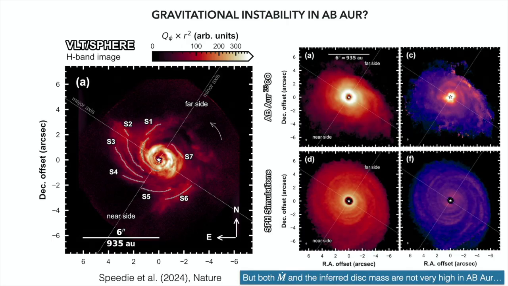looks for all the world like it's gravitationally unstable. It has these large-scale spiral arms, beautiful scattered light emission. But it's kind of puzzling because M dot is not particularly high, and the disk mass is not particularly high either, although there's a big uncertainty on disk mass. So what does it mean? Is this thing gravitationally unstable or not? We're not accounting for the radiation from the central star here if we're claiming that it is. It's the missing ingredient. Well, you can see there's a connection to the environment.